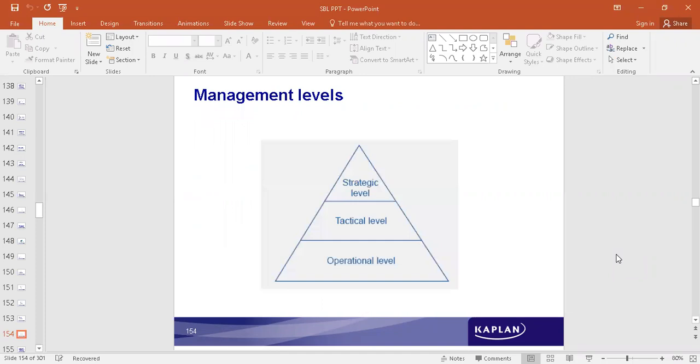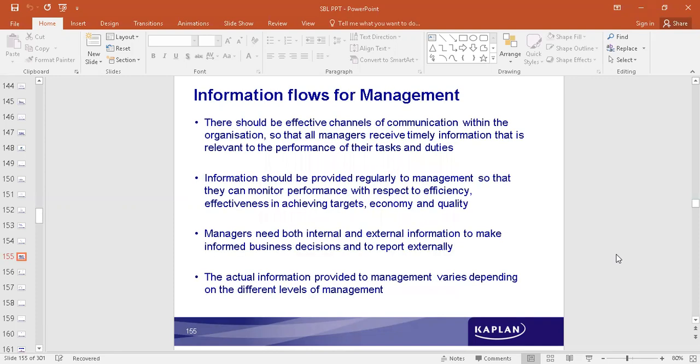The three levels of management I also explained to you. The strategic level is involved in planning for the entire organization as a whole. Tactical is detailed, intricate planning by assigning tasks to departments or individuals in the organization, and also using resource allocation. Operational level is involved in implementation of the strategies at a day-to-day level, and they are also involved in planning. Okay, so these are the three different management levels and the planning that they are involved in.